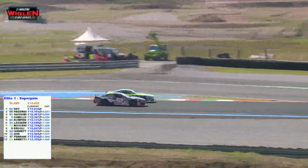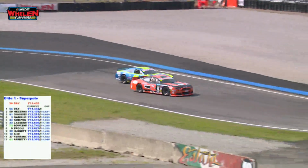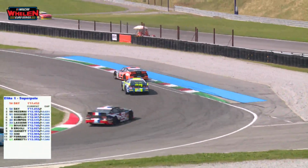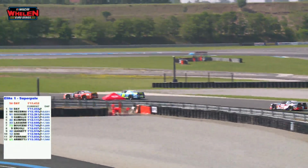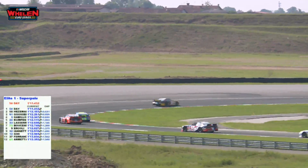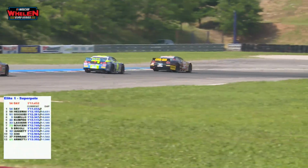So for Superpole, it looks as though it is Alan Day, car number 54, who will start from pole position. Of course, that means that he has now matched the all-time record of pole positions and is on 8 with Ander Villarino. Second quickest is number 50, which is the car in the hands of Loris Huysmans. That's the Hendricks Motorsport Ford Mustang. And Goossens goes third at this stage, and